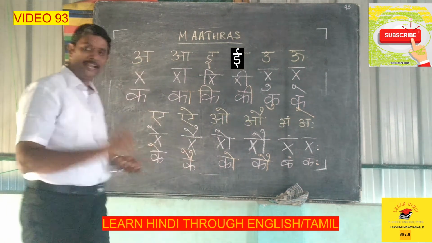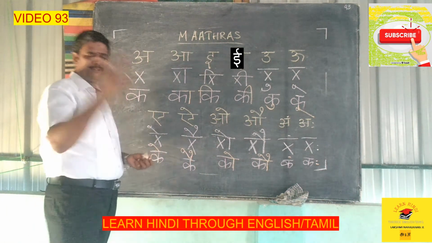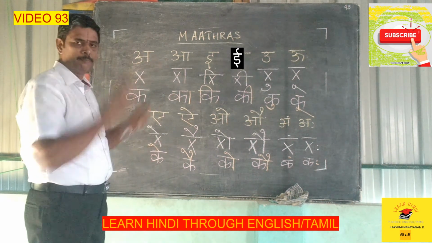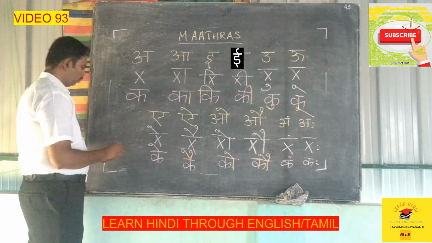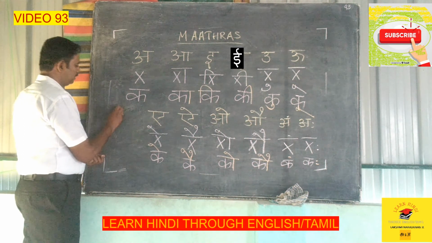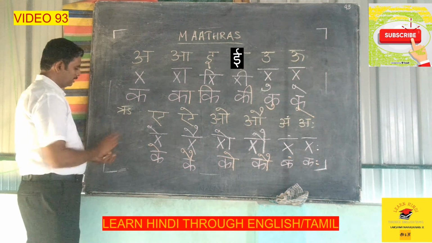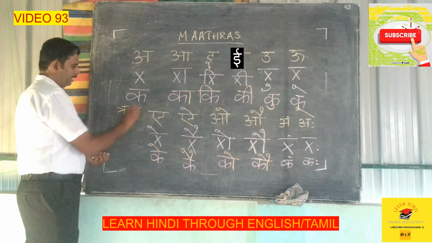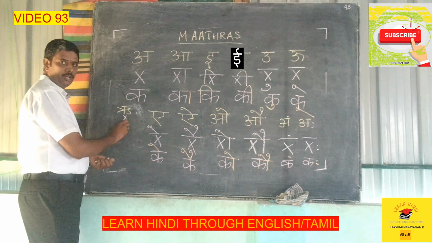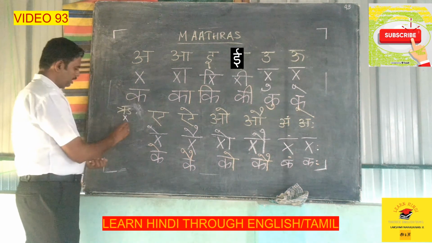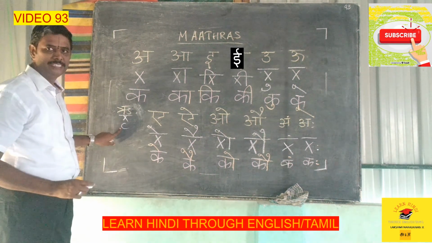But I am going to add that R matra also, otherwise you will forget to write that. So let us have it in the same practice. How to write R matra? You see R, how it is written. This is the R matra. How am I writing? That is nothing. Below the letter, you make one anti-clockwise line, or we say one C. Add a C below that letter. This is R.